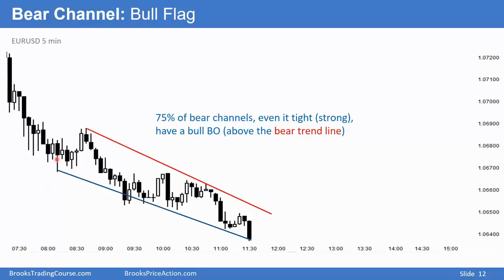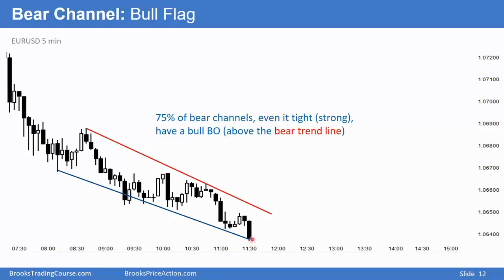We have a very tight bear channel. It's a breakout on a higher time frame chart. You could simply call this the breakout, and you could say the channel began here. But we have a fairly tight channel and then a bull breakout above that tight channel. So you can say that the channel began here. Doesn't matter. It's still a fairly tight bear channel, trying to get a bear breakout, but you know that even